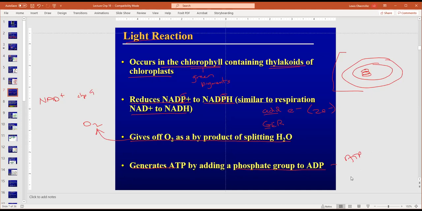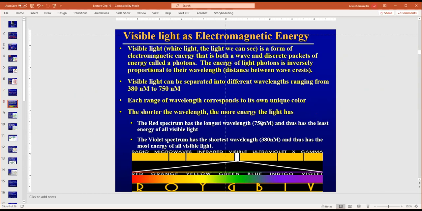Remember how it did that? We had the phosphate plus ADP, squashed it together, and we ended up with ATP. And you guys know by now, hopefully, that's our energy currency. So that's what's going on in the light reaction. To understand how this works a little bit, you have to understand